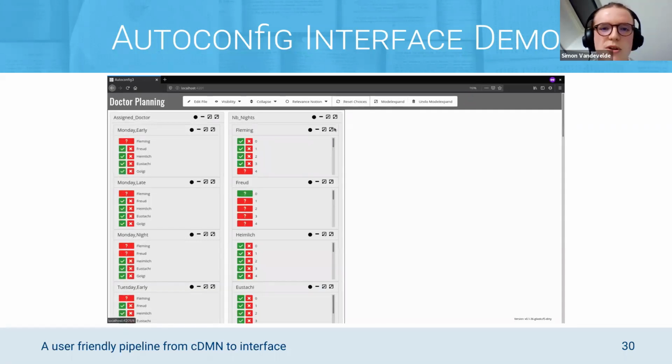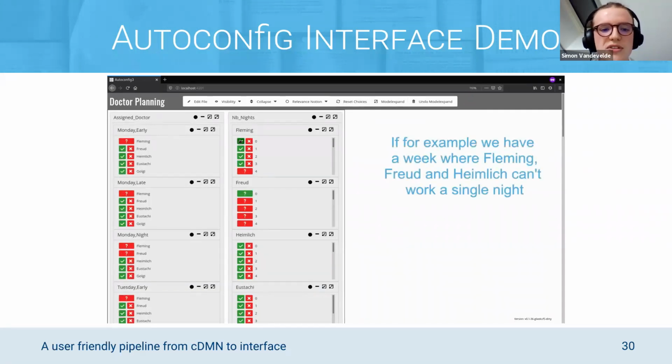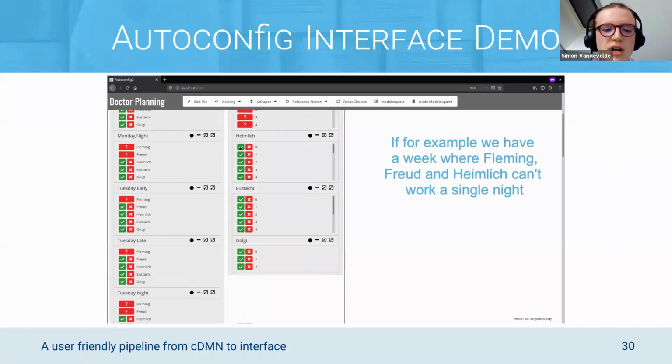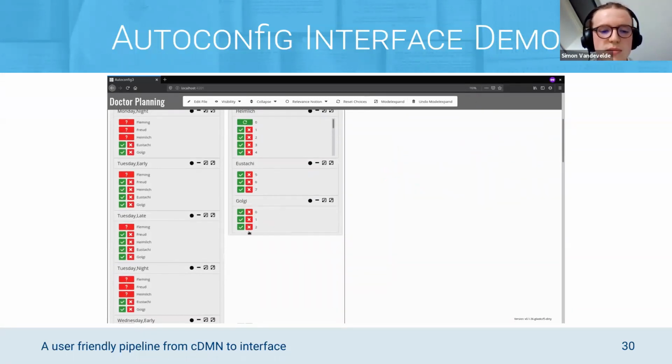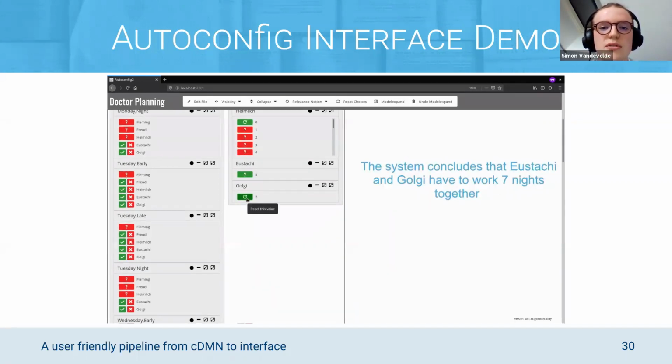And of course, we can do some other stuff with the interface as well. For instance, we could say that Fleming works no night shift, Heimlich works no night shift, and then the other doctor also works no night shifts. And the system concludes, of course, that Eustachi and Golgi have to work the 7 nights together, and this makes